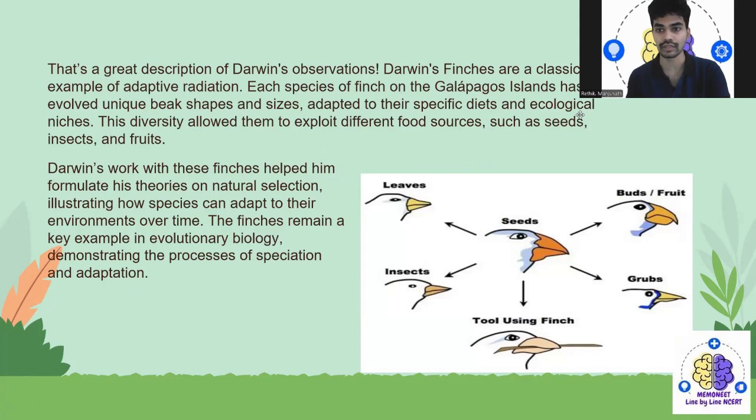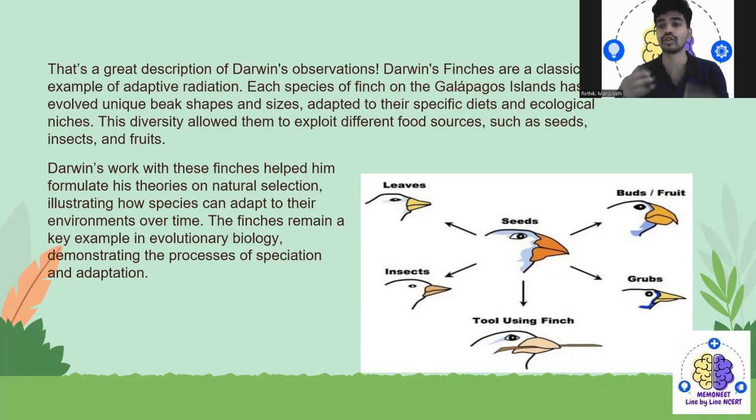So as you can see here, that's a great description of Darwin's observation. Darwin went to an island called the Galapagos Islands, where he observed certain birds like finch birds. He observed that Darwin's finches are a classical example of adaptive radiation, even though they belong to the same